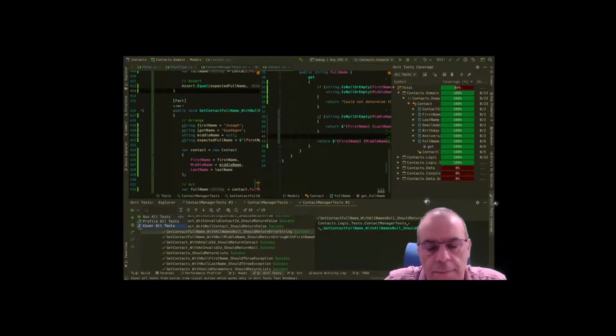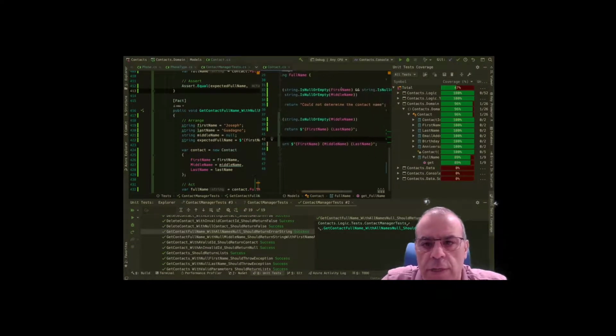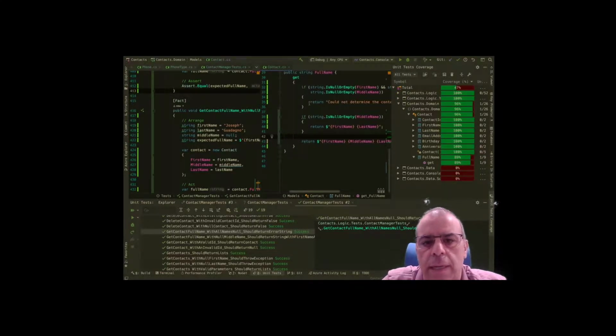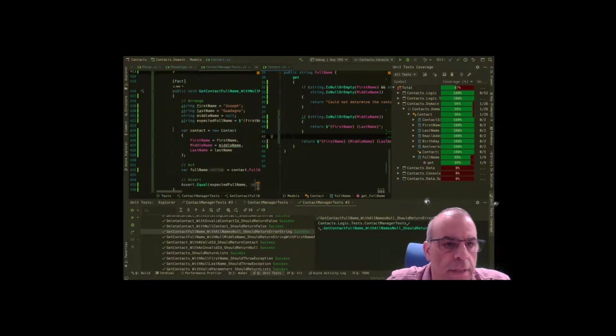So it's not a 100% foolproof way to cover it because it didn't go through both of those conditions, nor did it really go through the three conditions here with first name, middle name, and last name. It just knows that this line, this condition was hit and something was covered in there. Now if I do this, I'm missing one additional test because I didn't do the other tests. So I would feel more comfortable